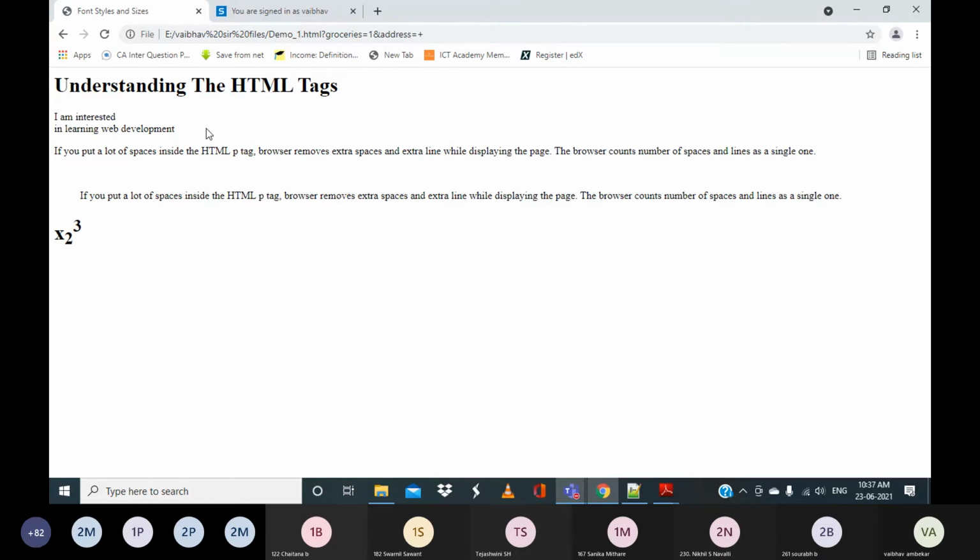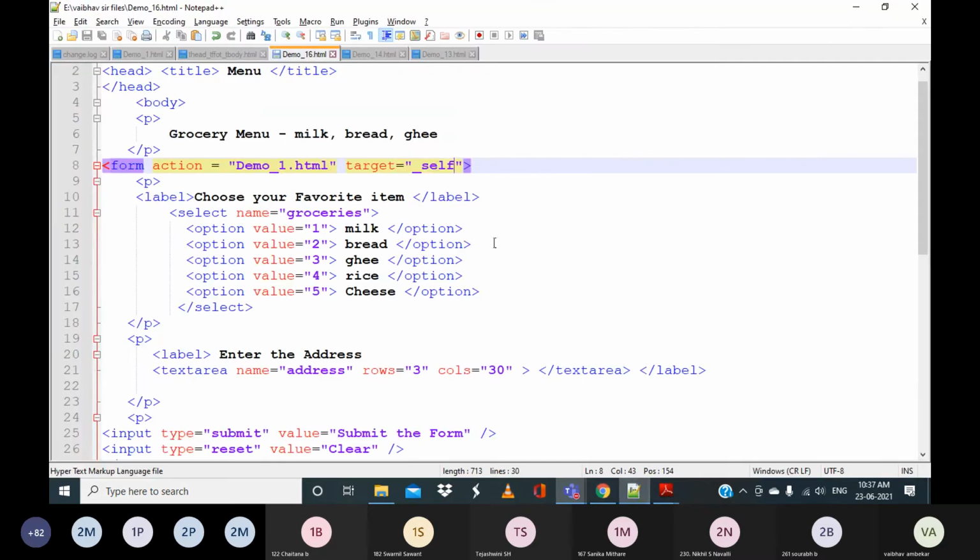It is as good as not giving this target. Either you can skip this attribute if you want the response to appear on the same tab, or you can keep it as target equal to underscore self. And this is what we mean by the action attribute for the form.